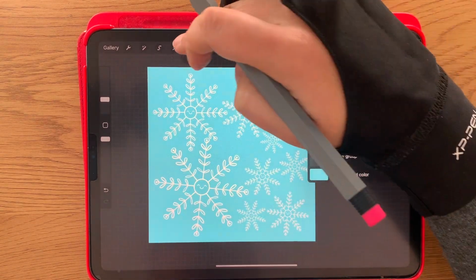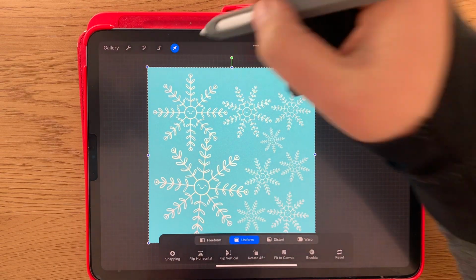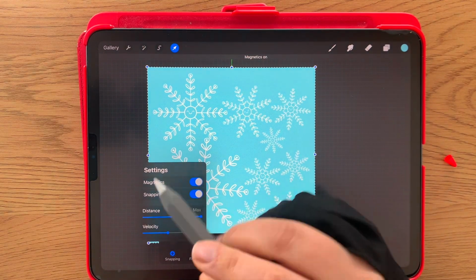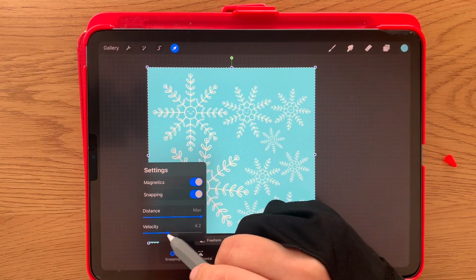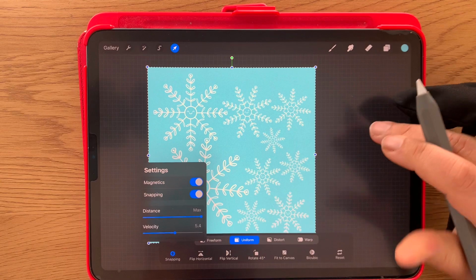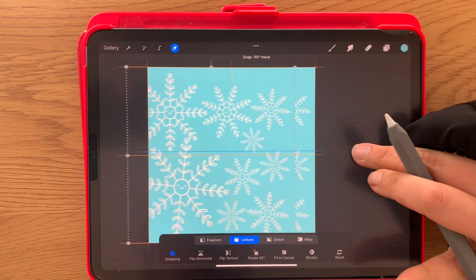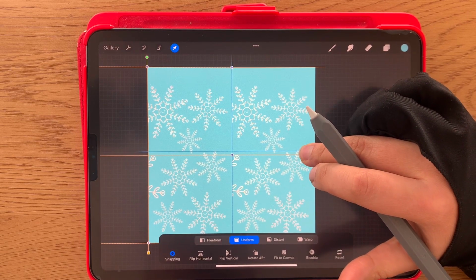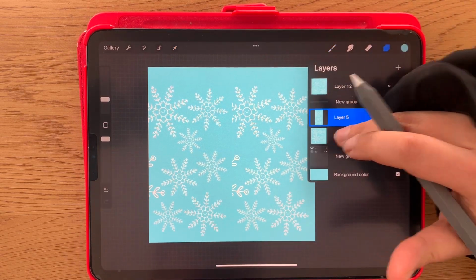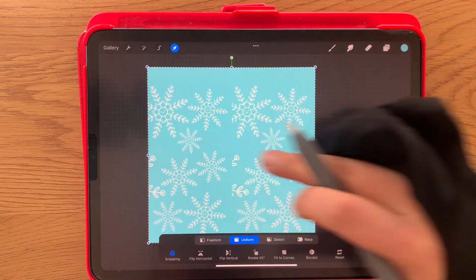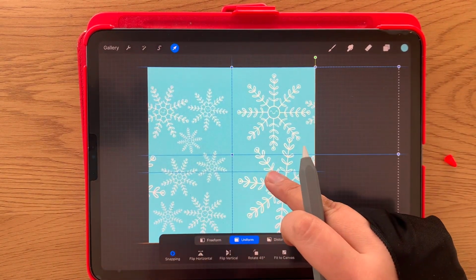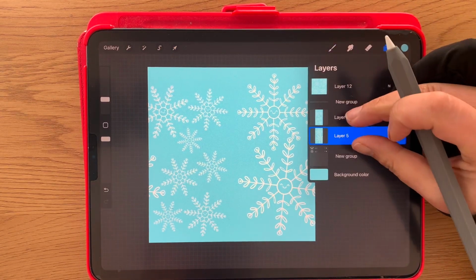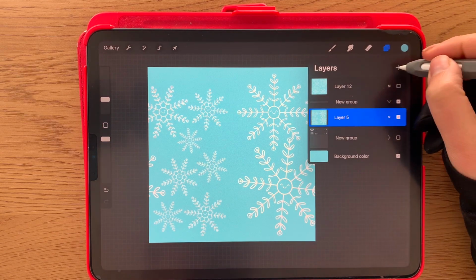and here comes the fun. Click here to move it, and we're gonna turn on snapping and magnetics with maximum distance. Velocity could be in the middle, it's fine. And then slowly you're gonna move one of the designs to the left and the other one to the right. When you do it with the snapping, you will see the lines and it will snap exactly at the middle. Now we group this together,